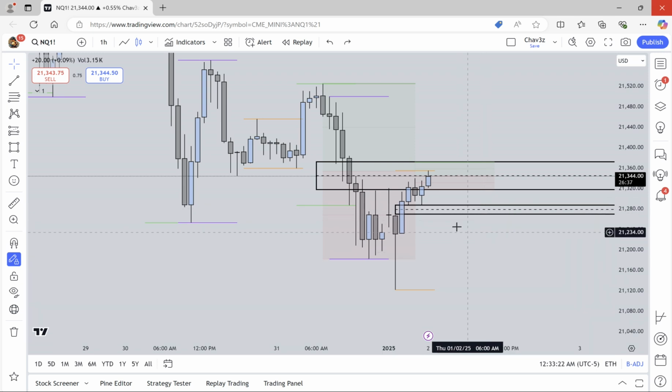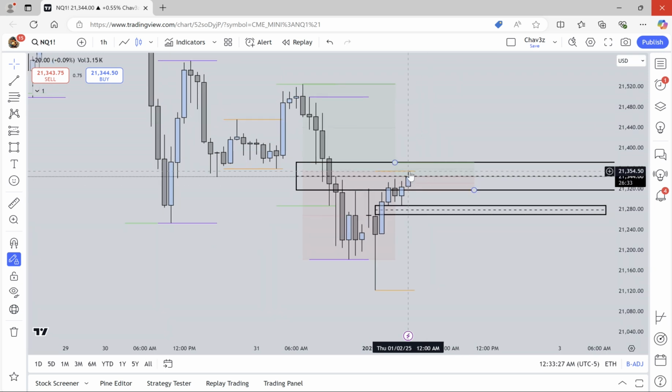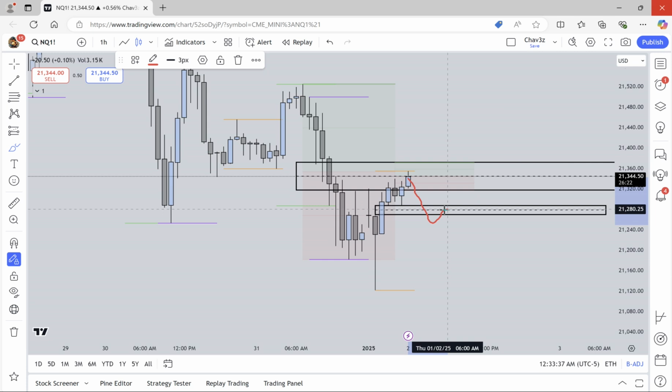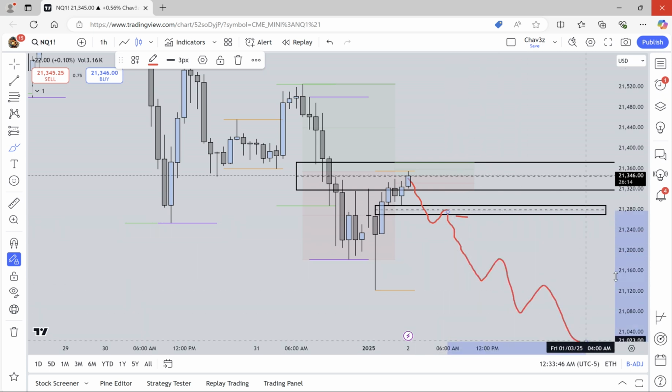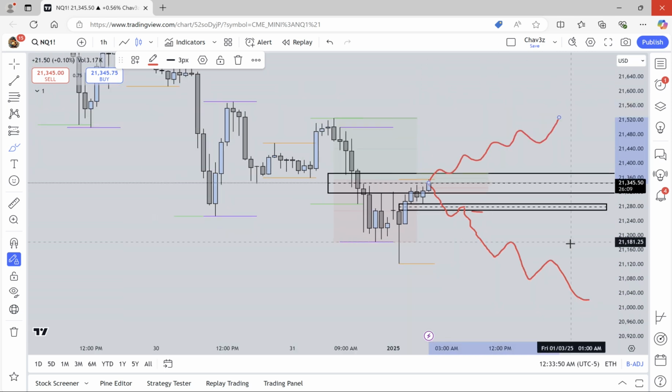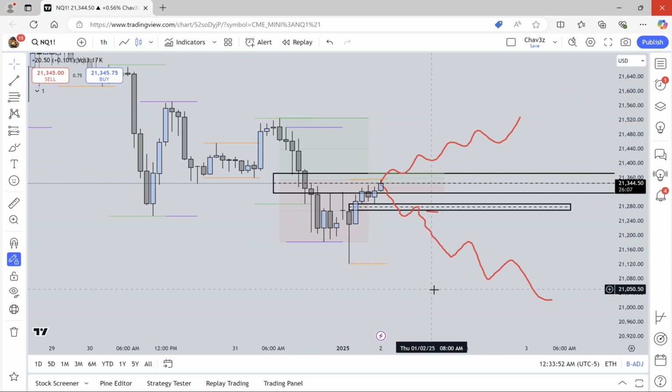If we close underneath 270, right? If we come back from where we're at now, fail to close the 50% of the 4 hour, right? If we just drop and then we come back up and we stay underneath 270 or the 50%, which is 278, I'm looking for more of a bearish structure.